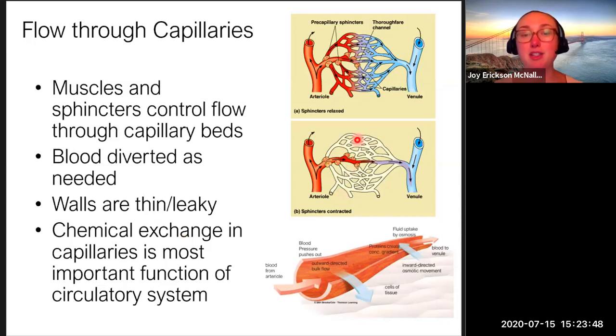So they're capillary beds because it's just this large network. With the exception of vital organs, meaning your brain, your heart, and your kidneys, only about 5 to 10% of the capillary beds in your body have a steady flow of blood at any given time. They just don't need it all the time. They get it as needed. So as it says on the slide, blood is diverted as needed.